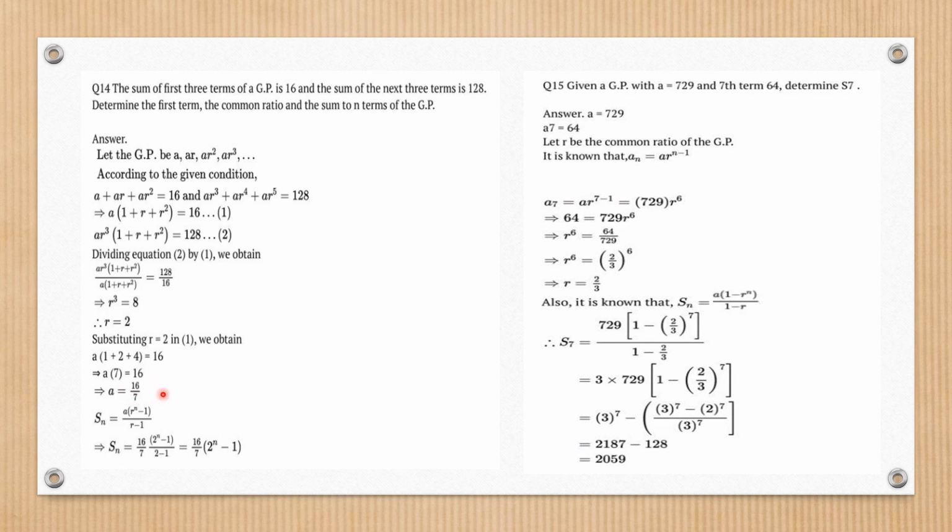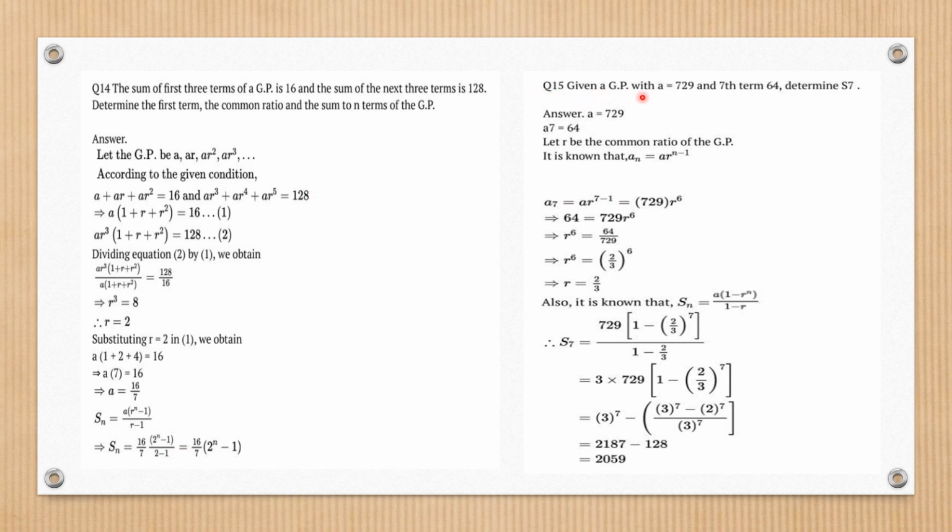And now I just need to find the sum of n terms of the GP. So Sn is A into (R^n minus 1) upon (R minus 1), as this ratio is greater than 1. That's why I'm using this formula. Okay, so replace the value of A and all this together. From the denominator I'll just get 1 and leave this as 2 raised to the power n minus 1. Okay, so it's also quite simple.